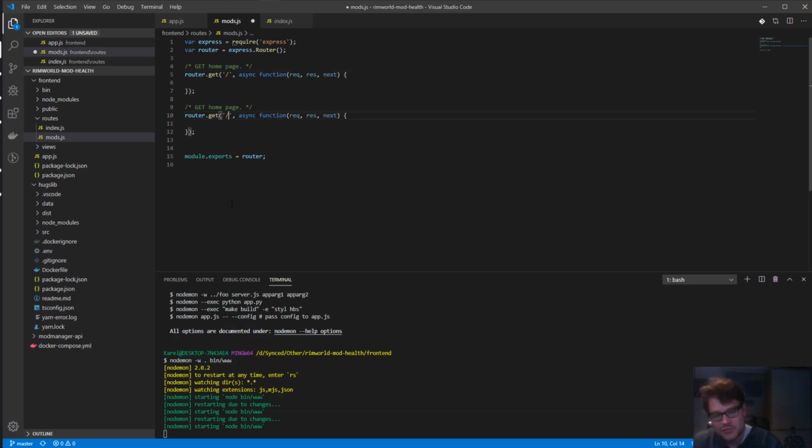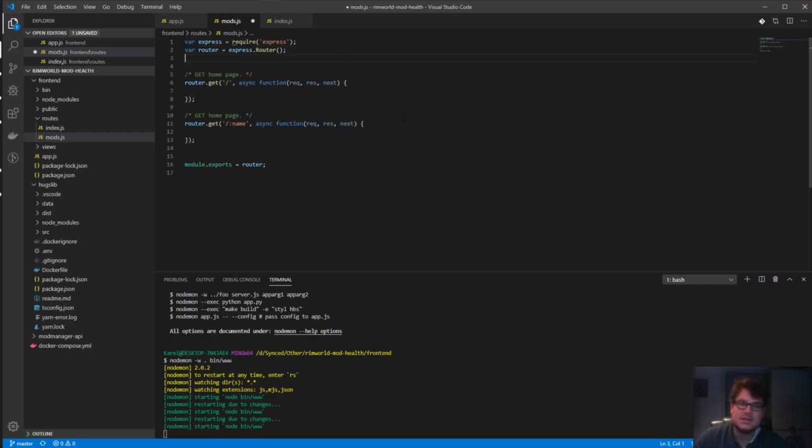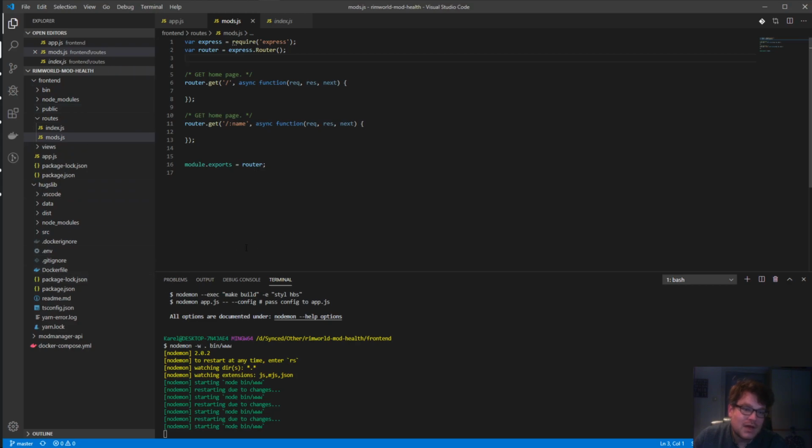Okay, so the list can just be the front page basically, so it doesn't need to have anything behind it. And the detail will have an ID of the mod. So in this case, that will just be a mod name. This just sets up a parameter that we can use to catch stuff, but we'll get there in a sec. So for the list, we want to get from our database, and we need to make a database